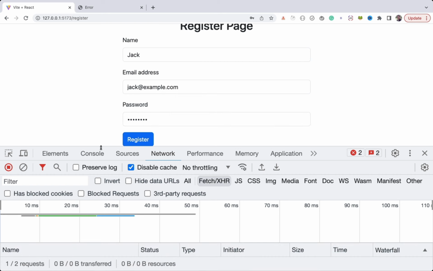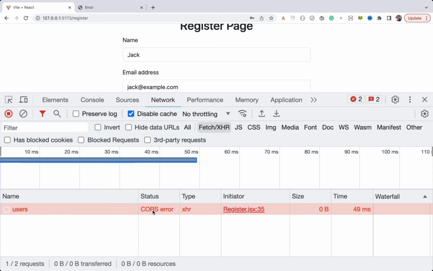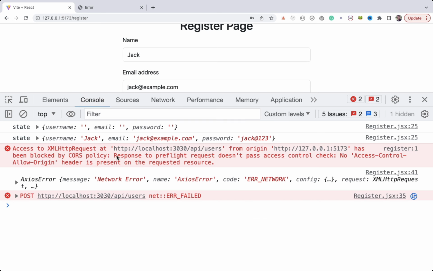Let me pull this up so we can see the requests. As you can see, we're getting a CORS error. In the console, you can see the complete error: request has been blocked by CORS policy. We're getting this error because our React application is running on port 5173 and our backend application is running on port